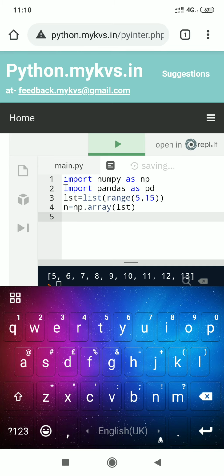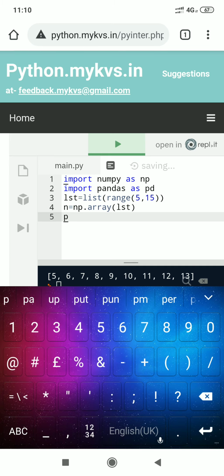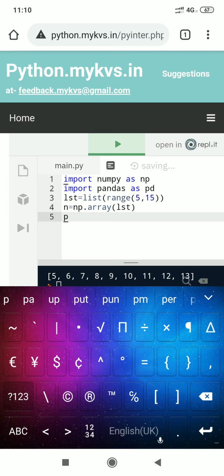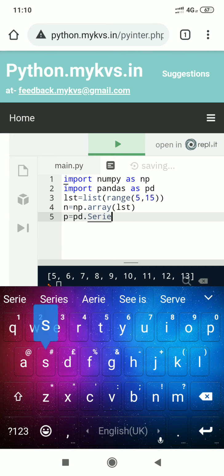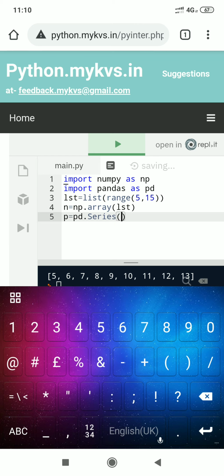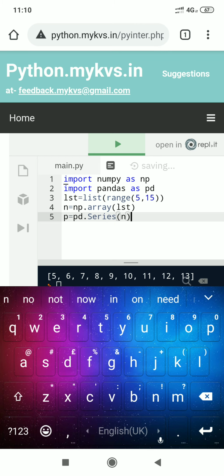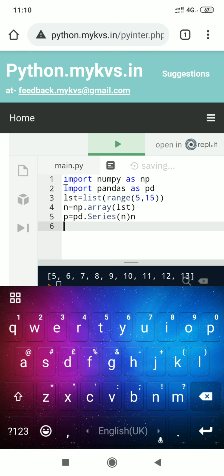Now I create p as a pandas series: p equal pd dot series method, pass n here. The series is created.